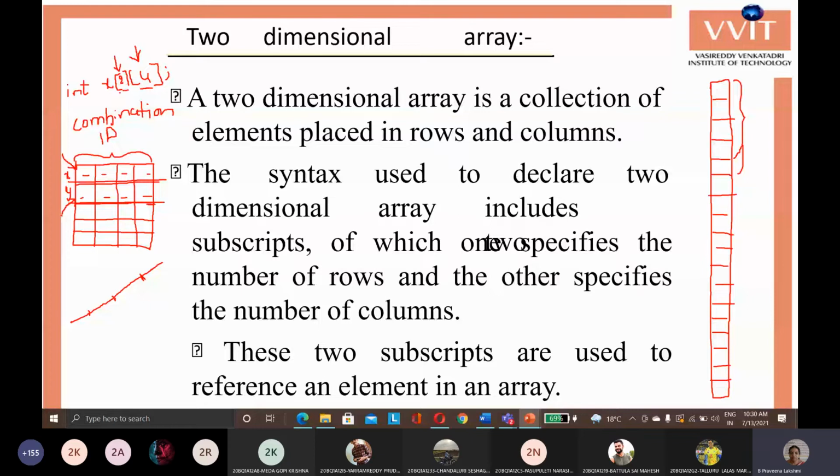So the first index is 2, so it requires two locations for two integer values. It takes the first two locations for the 0 row and another two locations for the 1 row. These two locations contain the address of the first one-dimensional array, that is, the address of the first row.